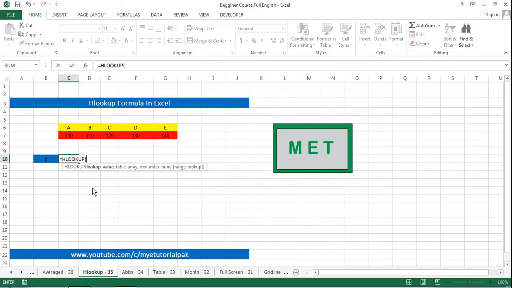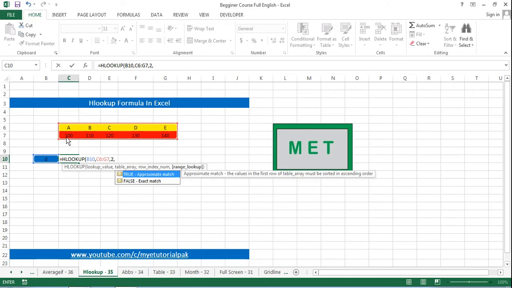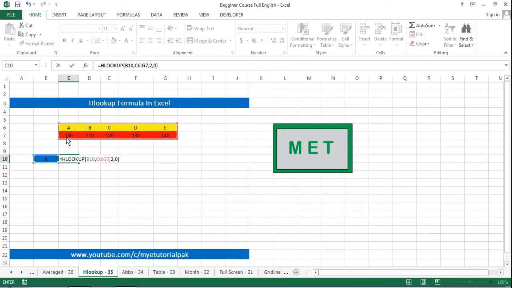Okay, first of all it is asking me for the lookup value, so I say this is my lookup value. After that, the table array, so I say this is my table array. Okay, and I will put 2 because I want to look up from row number 2. This is row number 1 and this is row number 2, so I want to look up the value from row number 2, and 0 is for the exact match,